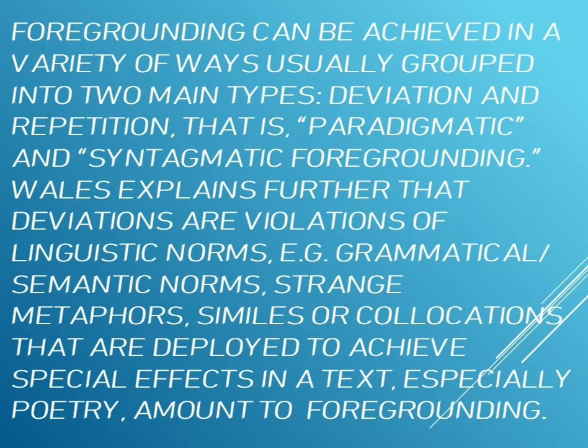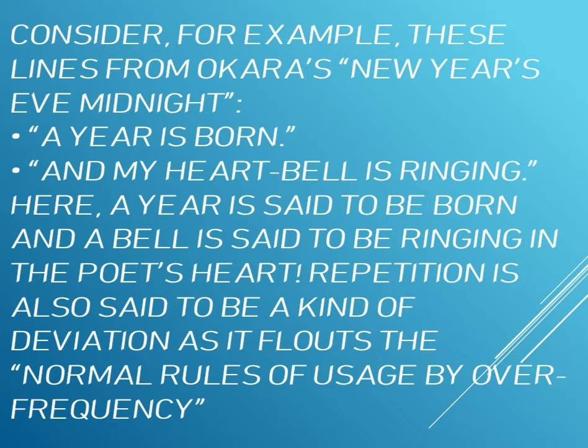Strange metaphors, similes, or collocations that are deployed to achieve special effects in a text, especially poetry, amount to foregrounding. Consider, for example, these lines from O'Kara's New Year's Eve Midnight. A year is born, and my heart bell is ringing. Here, a year is said to be born, and a bell is said to be ringing